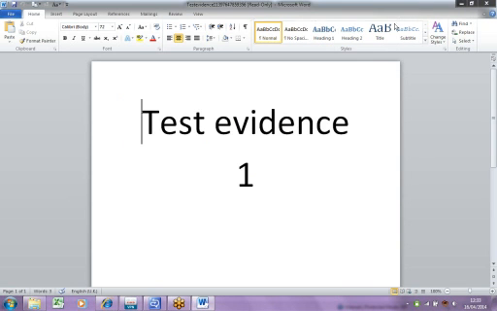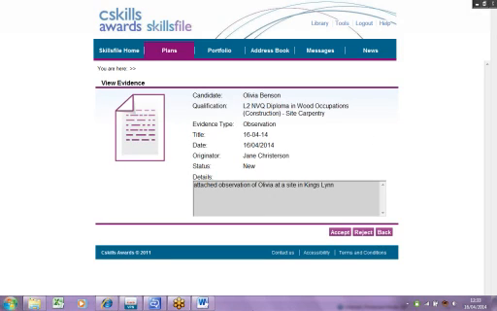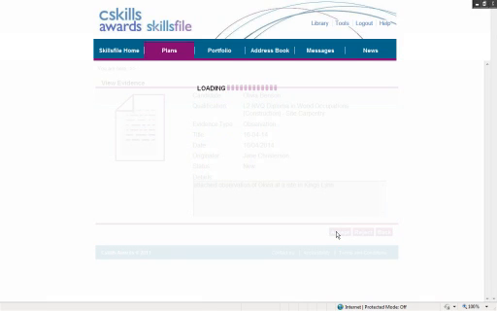And the page is now open. So here's my evidence. I can leave this open. I can shrink the evidence down. As you can see, the evidence is there, but I can accept it now as the evidence